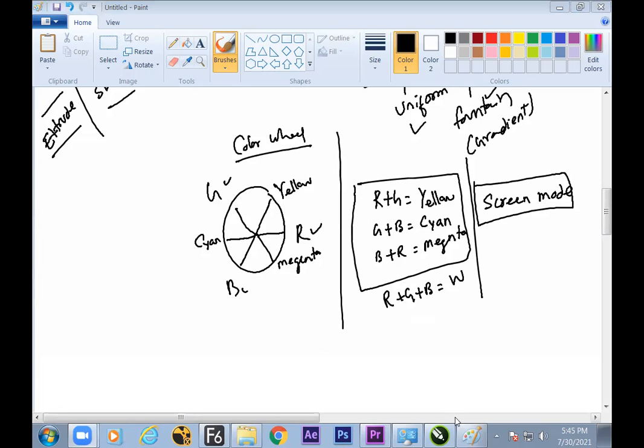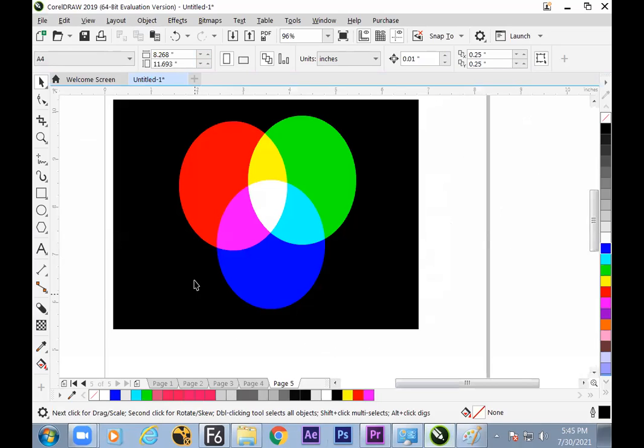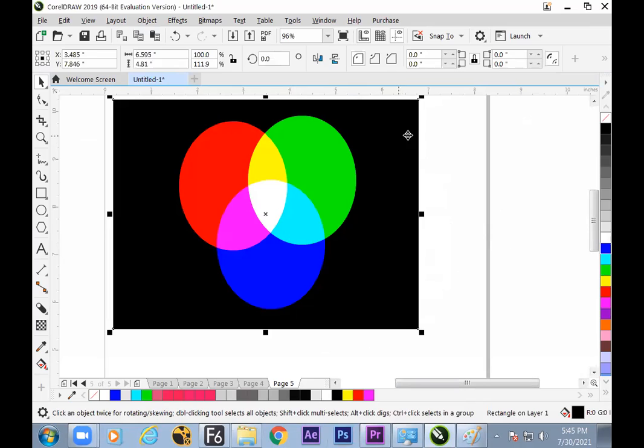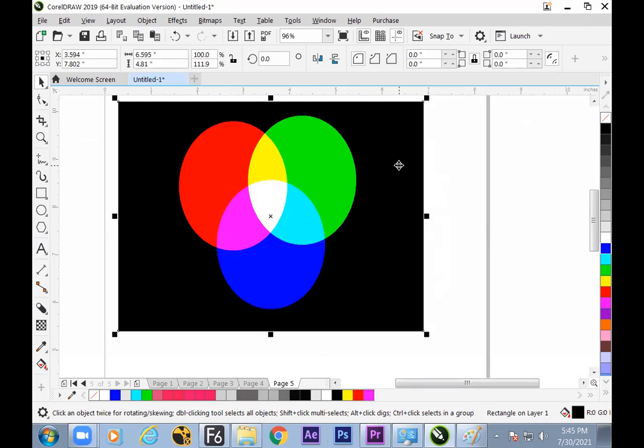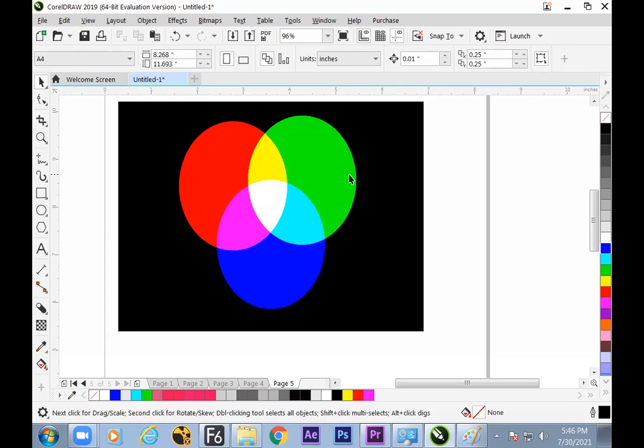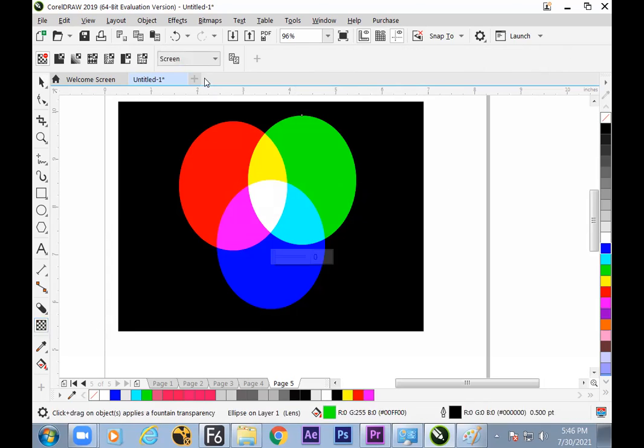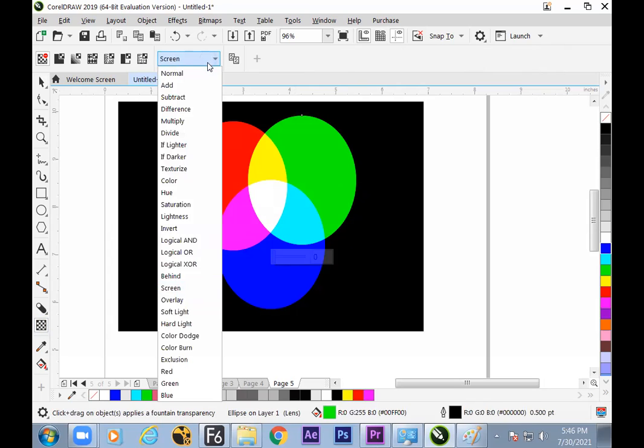So hope we have understood now what is called the transparency tool and how the transparency can help us to blend things together. Okay? But a condition applies, it should be in the black environment. If it is in white, then the tool understands it needs to mix with the white color and it reacts in an abnormal way. So hope we have understood one more mode and its use. Screen. By default normal mode will be there, but screen we have understood how it reacts.